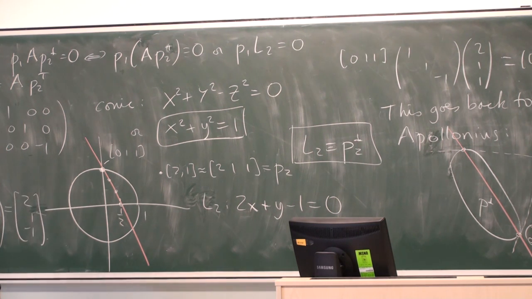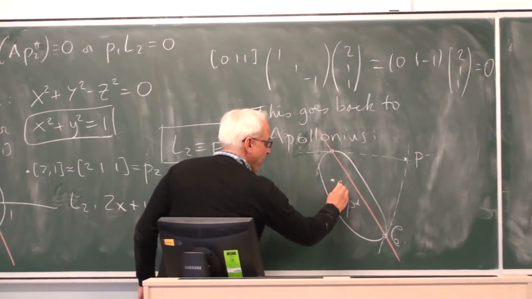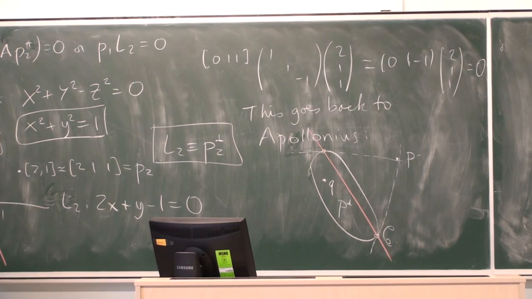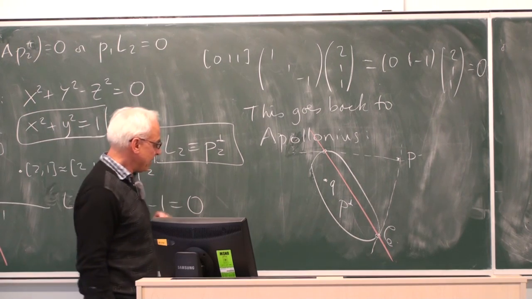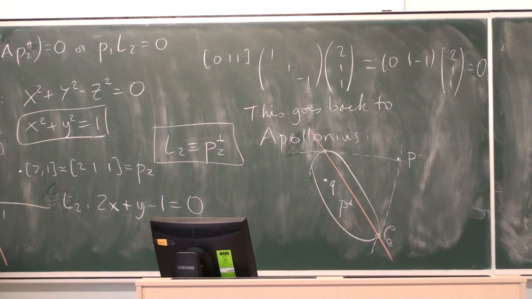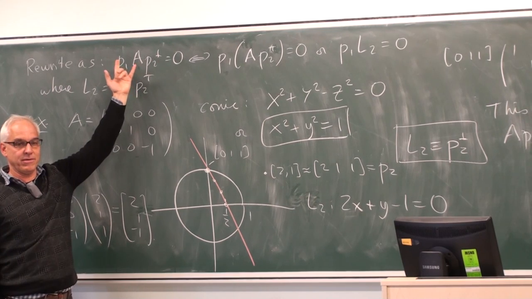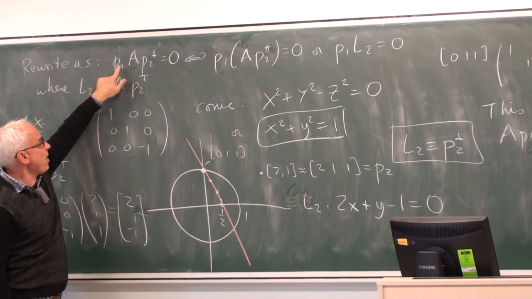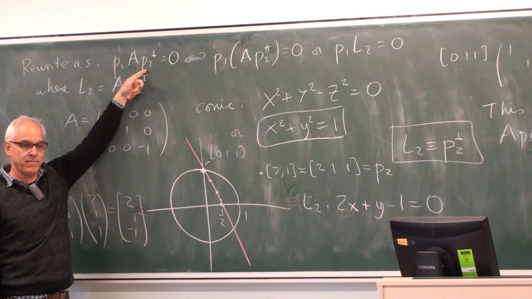That's a very good question. Okay, so the question is, what would be the dual of the point inside? What would be the polar of such a point? Well, to answer that, let me go back to this formulation here, and to observe that because the matrix A is symmetric, this is a symmetric relation. So if P1 is perpendicular to P2, then P2 is also perpendicular to P1.